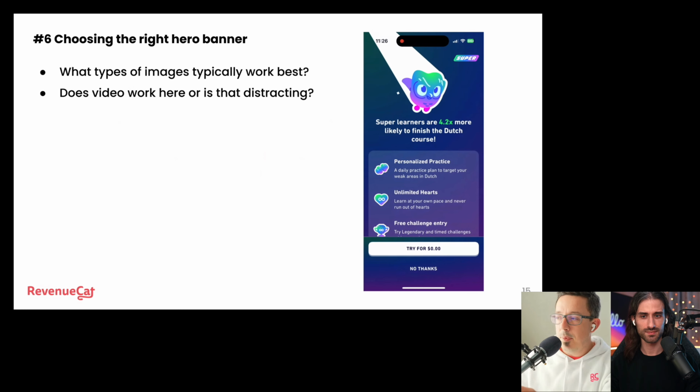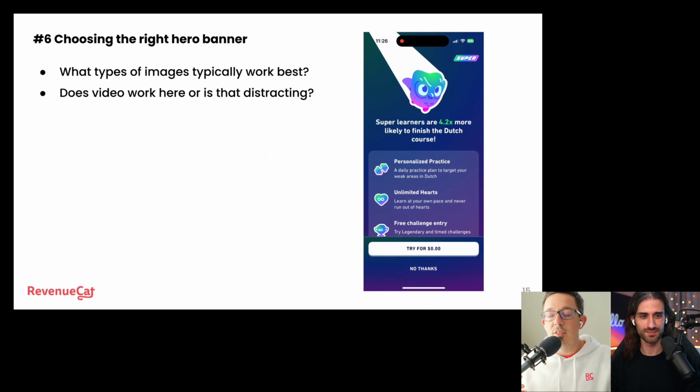The example I have here is Duolingo's, where you can see the Duolingo app is just chock full of animations and there's all sorts of stuff moving around. And so that also appears in their paywall. I don't have any inside information on Duolingo's paywalls or anything like that. I just happened to notice that one was there. But the thing that I find interesting is I've heard a lot of reports of distracting elements really hurting the performance of your paywall.